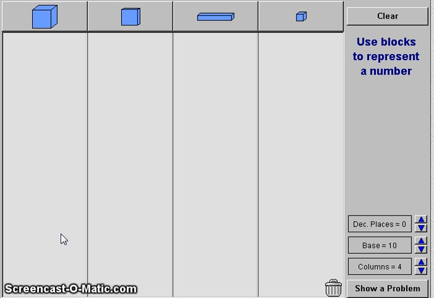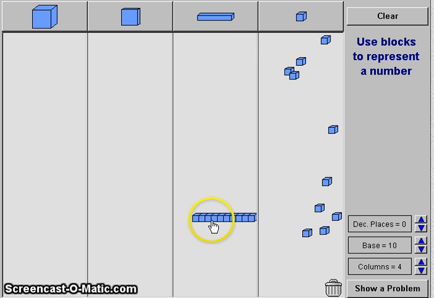So I think this math program is very effective in teaching that because you can talk to your class about it. You could say, here's 1, 2, 3, 4, 5, 6, 7, 8, 9, 10. There are 10 ones, and that is the same as having one of these. If you put them all together side by side, that equals 10, 10 of these ones. And then after you explain that and have that knowledge well understood by your students, you can also use this